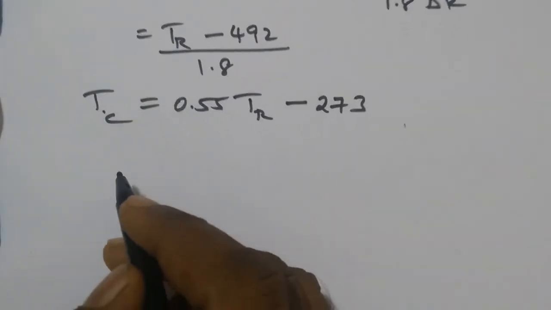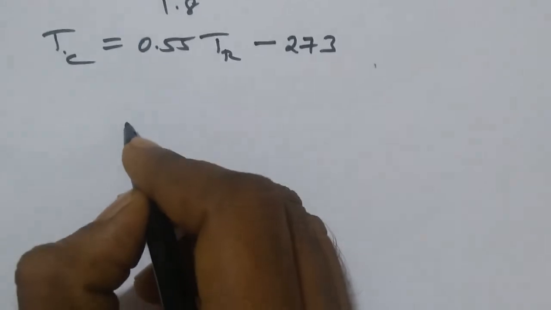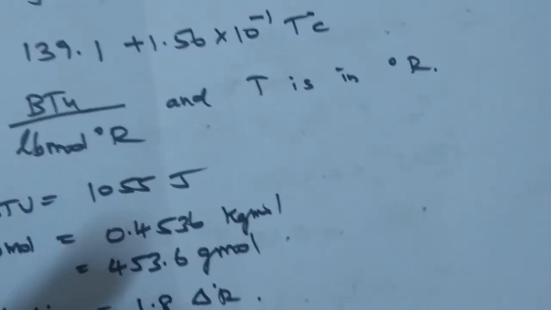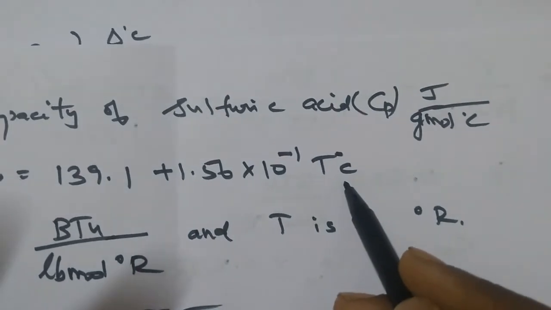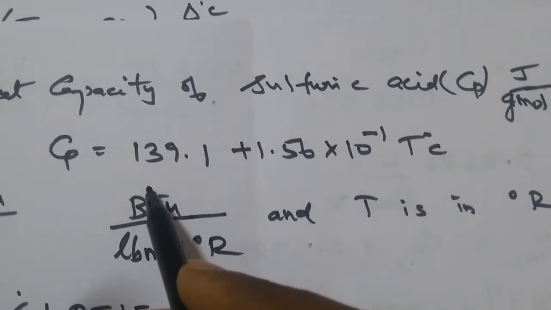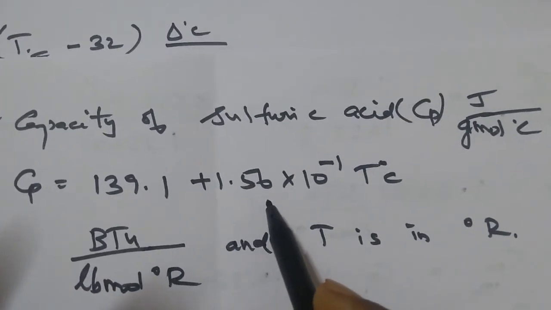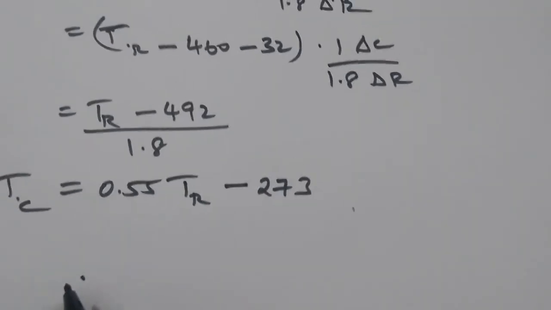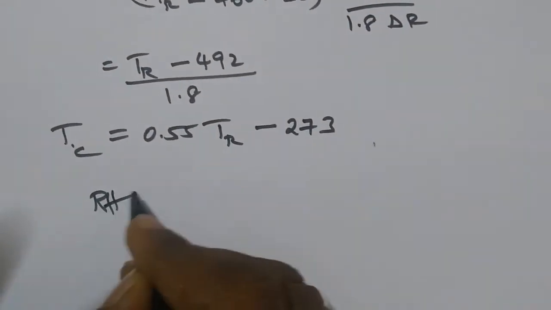So now what we have to do is, once we establish the relationship between temperature degree Celsius and temperature degree Rankine, in the given expression Cp equal to 139.1 plus 0.156 into Tc, we have to substitute. So we have to substitute this right hand side expression as